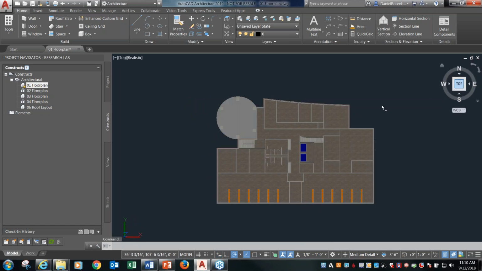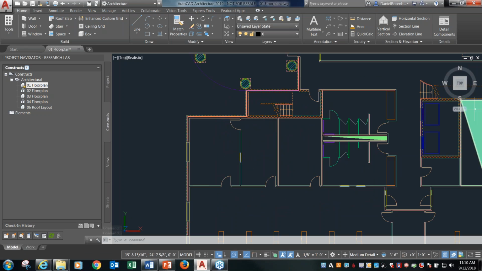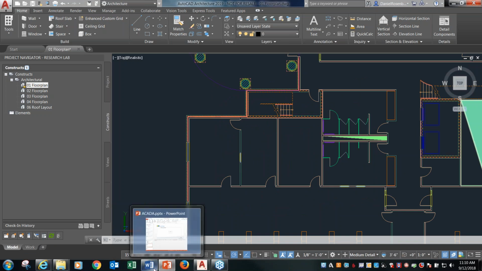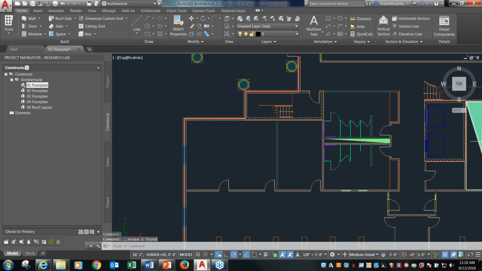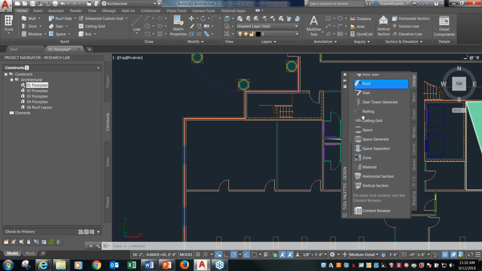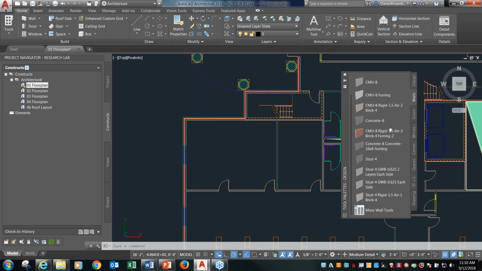So I'm going to go back to my top view here, go back to plan, and let's talk a little bit about some of the modeling elements that we can work with. So let's say I just delete this wall here, and maybe I want to add in another wall. Well, this is my tool palette right here, and it's got all sorts of things that we can work with. These are right out of the box, and I'm going to show you some of the great things that come with it. One of them is a whole set of walls that we can use. If I would like to model a wall, I can find the one I want. In this case, we'll do